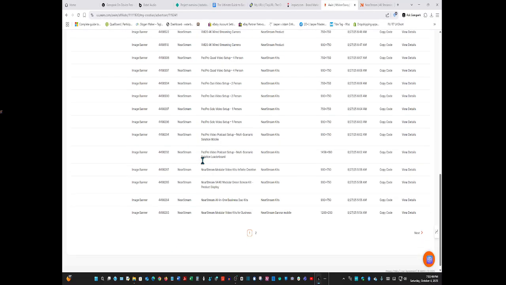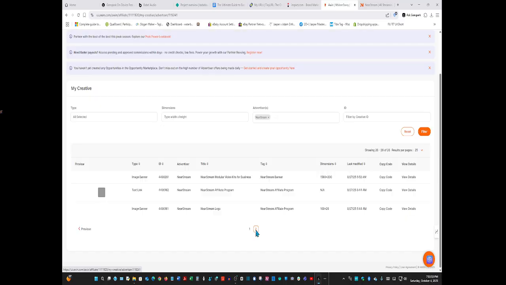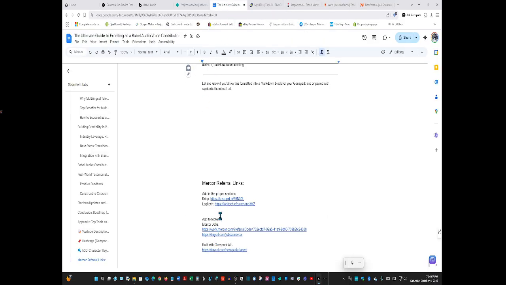Okay, everything is an image. It's on page 2. Text link. Let's copy that and stick that here. And this is going to be, what were they called again? Nearstream.